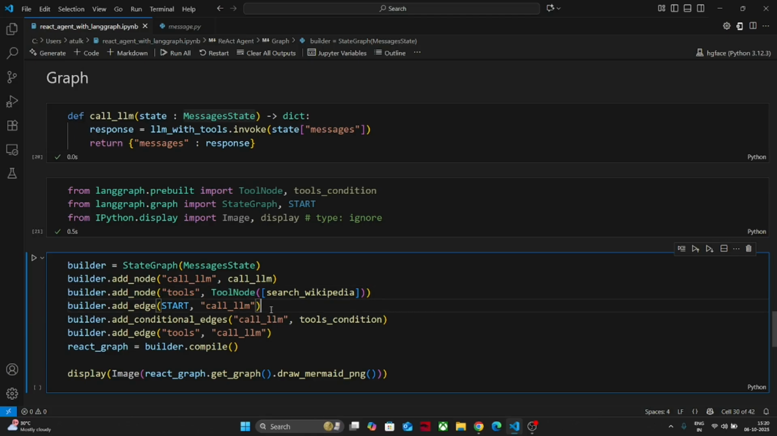Now there are two edges. The first is between start and the call LLM node, so that whenever the user asks a query, that query is directly passed to the call LLM node, and the LLM will decide the next step. The second edge is between the tools, and as we only have a single tool, this search Wikipedia tool, and the call LLM. Whatever response we get from that particular tool will be passed to the LLM, and the LLM will decide what it needs to work on